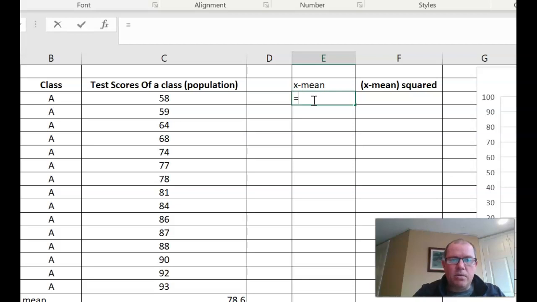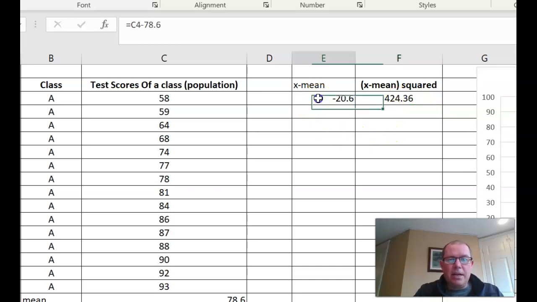So I'm going to click equals, click on my x number, which is the mark they got, minus the 78.6, which is the mean, and hit enter. And that's brilliant. Then I want to square that number. So click on that cell, write equals, click on that cell and do to the power of 2. You can see I've got that in there. So that's shift 6, 2 squares the number to make it positive, and I get the same number I got in the OneNote,